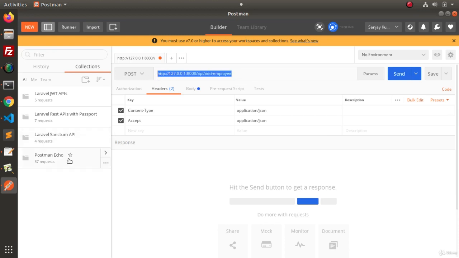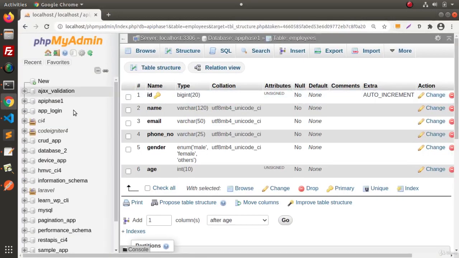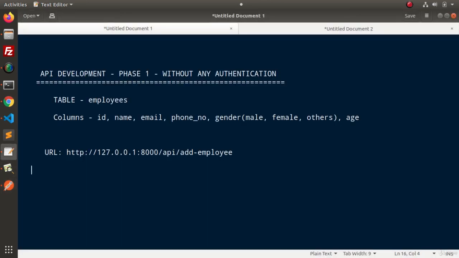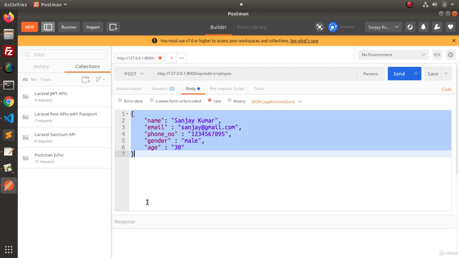So the URL we are using to create the data is something like this, and the parameters we have passed, go to body, I copy, back to the slide and paste it here. So this is the JSON object we are passing. Back to Postman, click on the send button,